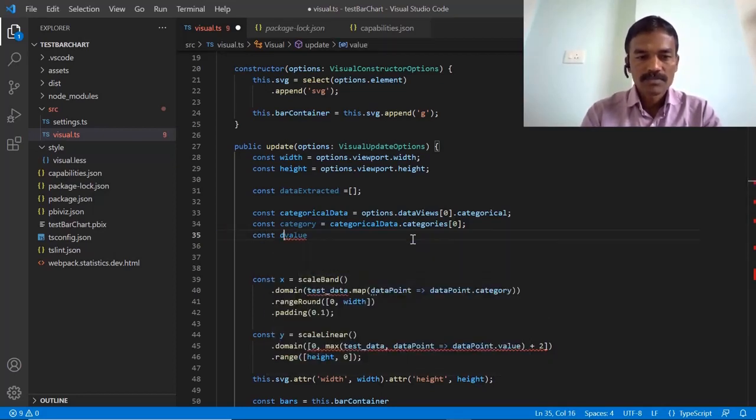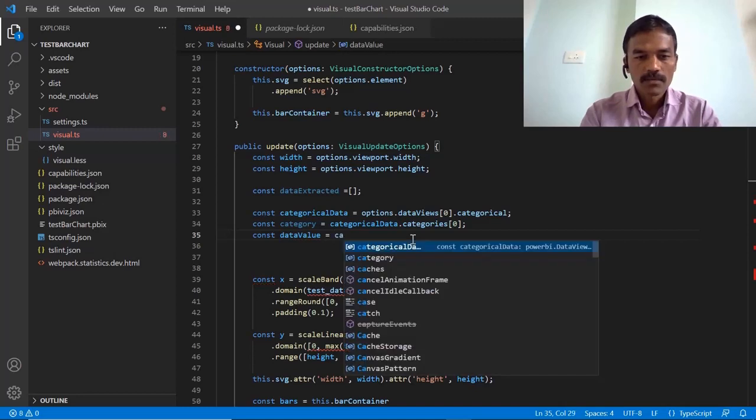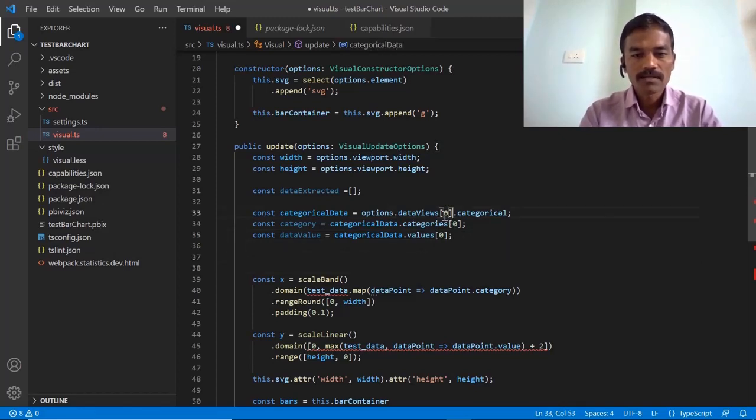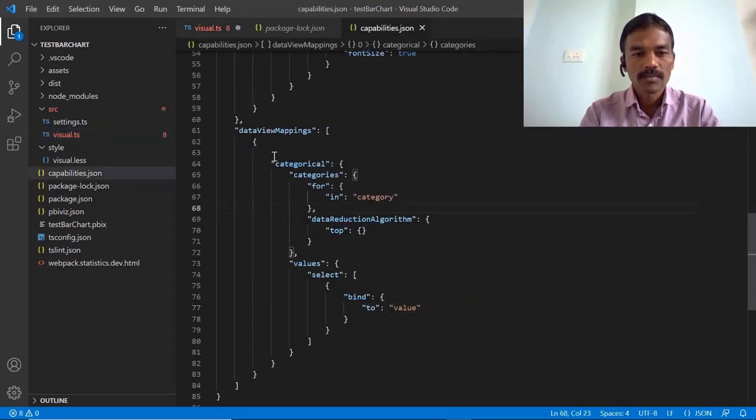So we will just mention it as a data value, so that it will be more meaningful to understand. We'll just not get confused in anything here. So again, we are going to specify the categorical data and values. So this is something which we have got, these values. Now why have we taken the first zero element? Because in this capabilities file, in the data